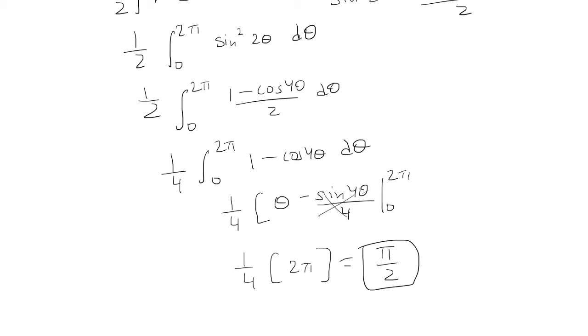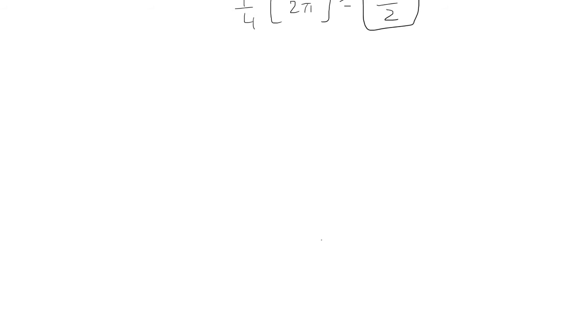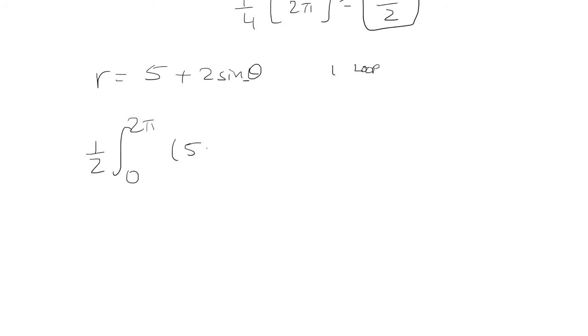Okay. Now for the next problem, I want to find the interior of r equals 5 plus 2 sine theta. And because the coefficient of theta is 1, we expect there to be one loop, or one leaf, however you want to think about it. So that means we're going to take the area of the entire thing, because it's just one loop. And it's going to be 1/2 r squared